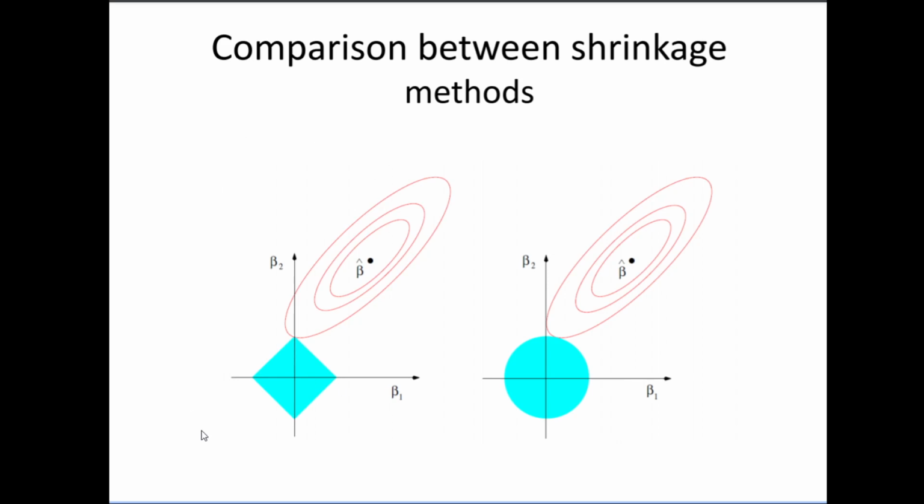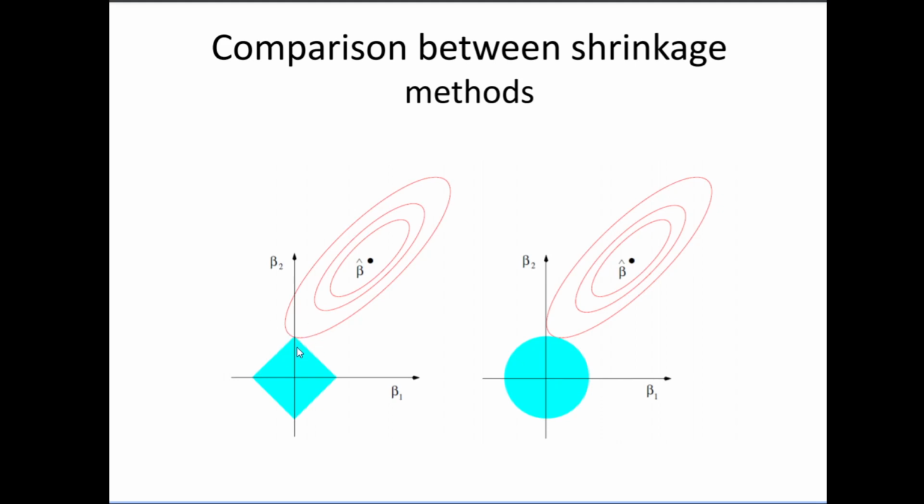If I look at this, it is for lasso, because this is beta j absolute value. So for the absolute value, you get something like a rhombus, and this is for beta j square, a circle. This is for ridge regression. Now your solution exists at the point where these are touching each other. The solution always exists at this point, and that is why you see in case of lasso, this can be completely 0. It doesn't have a smooth value here. So the variables can go to 0 here.